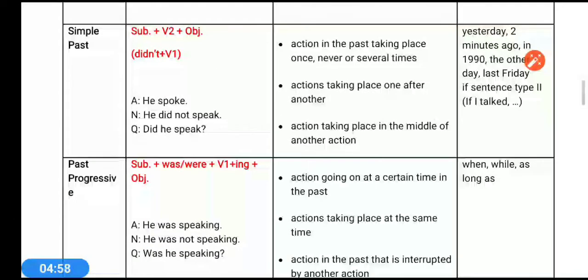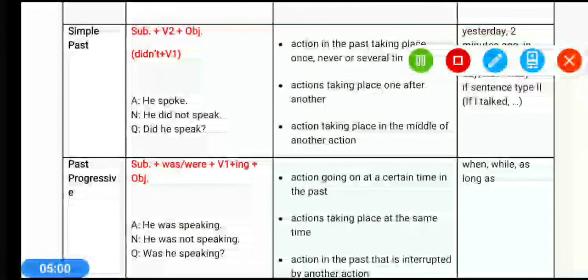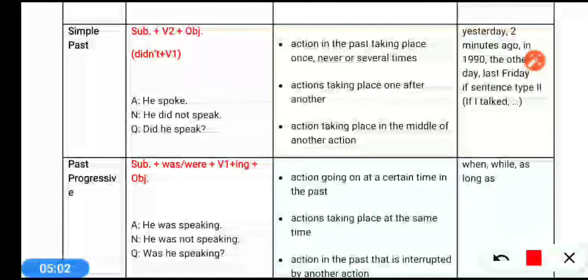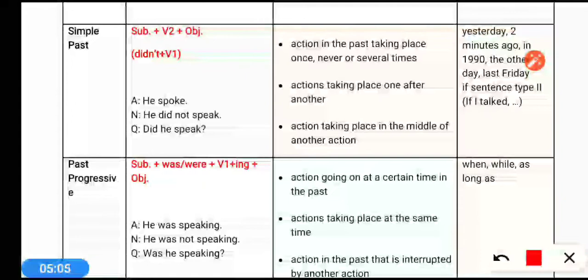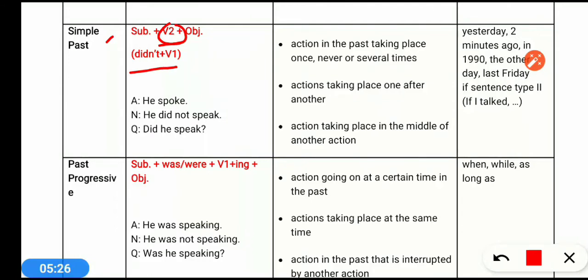Here if we talk about past simple tense, past simple tense is used to tell a past story, past incident, even any action which took place 1 second before. If we mention that 1 second before it happened, then we use second form of the verb. Remember that in all the tenses, only in past simple tense is the second form used, but only in affirmative. When we make negative, then again did not plus first form is used. For question also, did plus first form.